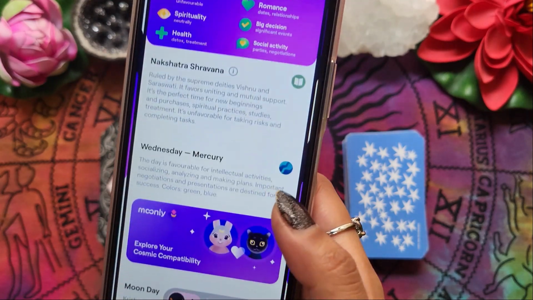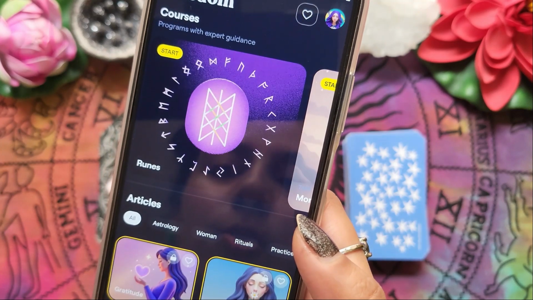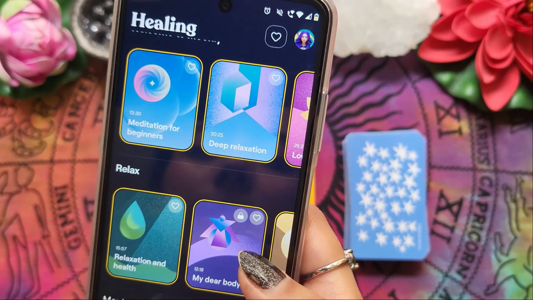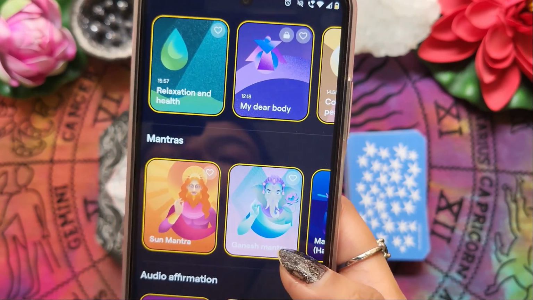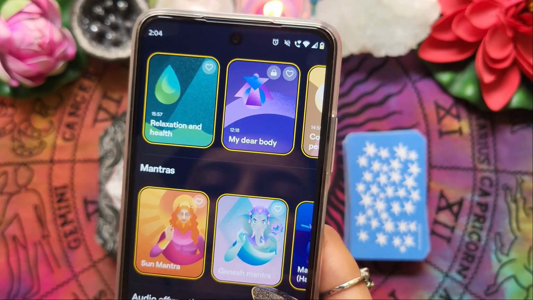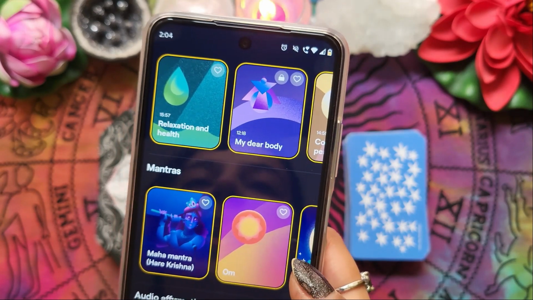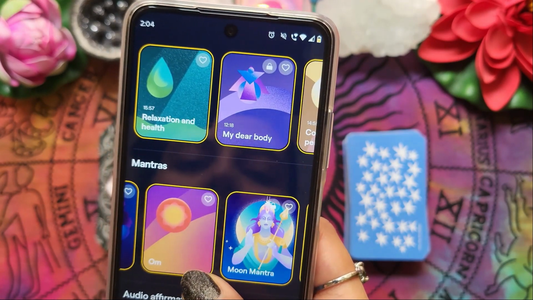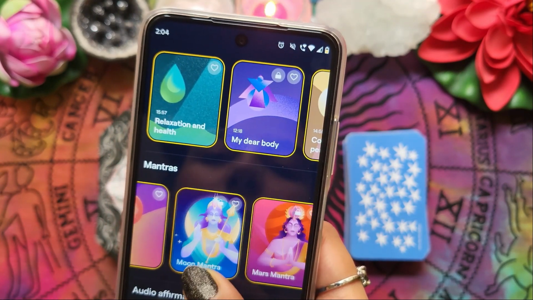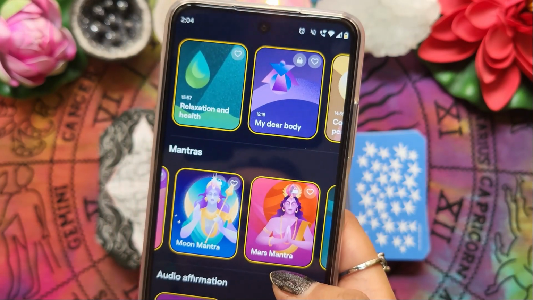You can also do the meditation. We have affirmations also. Wait, I want to show you one thing. Tarot that I showed last time. Meditation, these are specific to the day. I want to talk about what is the mantra. So see, if you're suffering from any sort of issue that's related to sun, you can do sun mantra. We have deity specific mantras as well. Yesterday was Mahashivratri, so you could do a chant on Shiva mantras also. We have Om. Anyone who wants to do the basic Om, we have that. We have Moon mantra, Mars mantra. These are based on healing the specific planet.